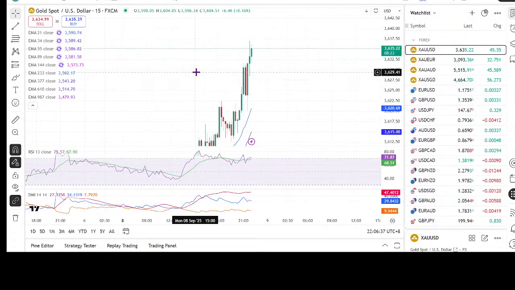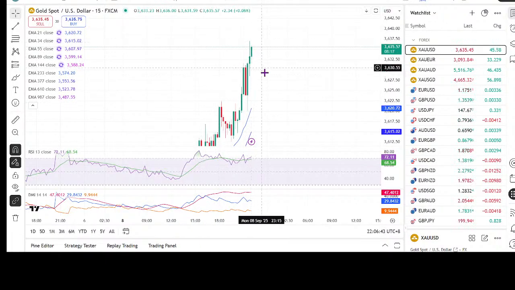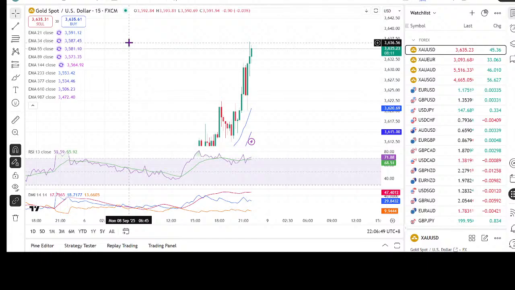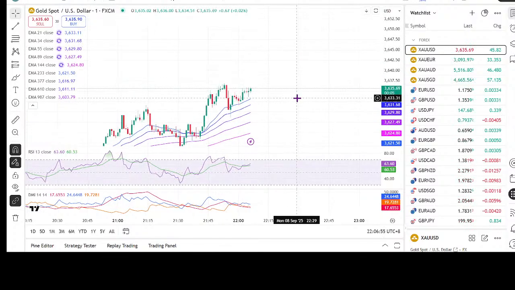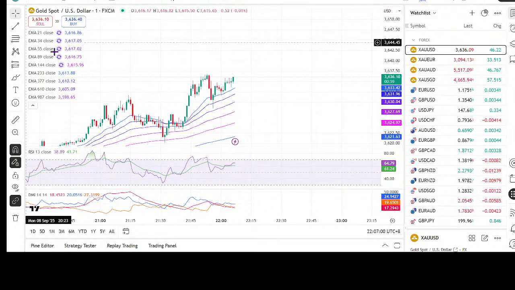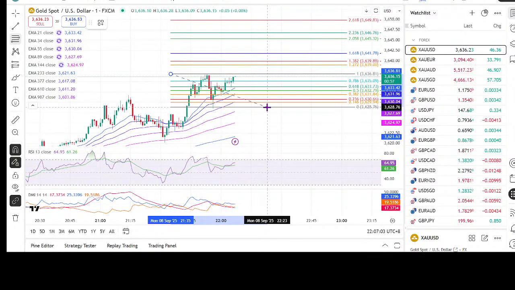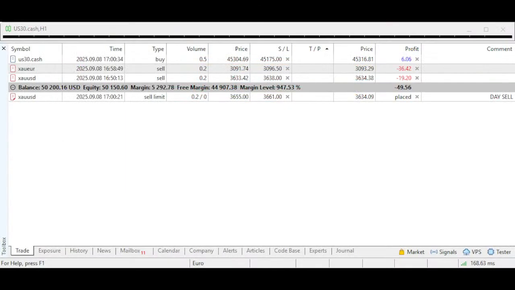Okay, now if you look at it, this is extremely overbought. So now we are seeing a divergence. The only thing is we have not seen the turning yet. So we have to be very careful to see whether this is going to happen. Okay, I think it might go and touch.